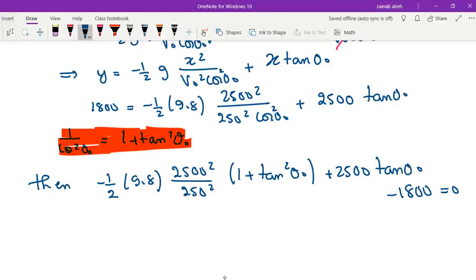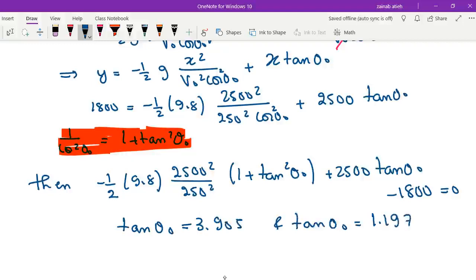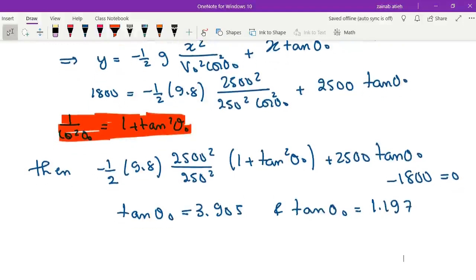After developing, I get two solutions for tangent theta: tangent theta 0 equals 3.905 and the other tangent theta 0 equals 1.197. Using the calculator, shift tangent,